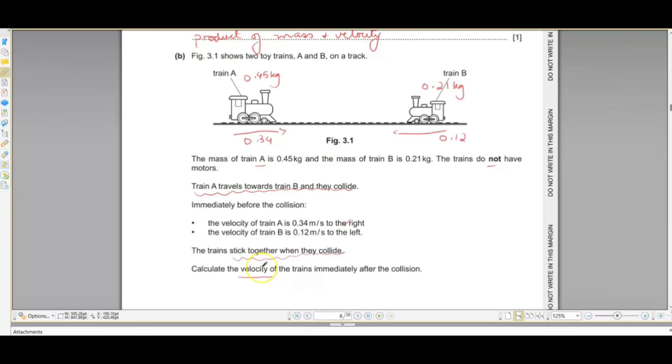Now we should get one thing straight over here. Since both of them are moving in opposite directions, one of them should have a positive velocity and one of them should have a negative velocity. Why? Because we are looking into momentum, and momentum is a vector quantity and it has magnitude as well as direction. So we must have one of these to be positive and one of these to be negative. For example, we might take